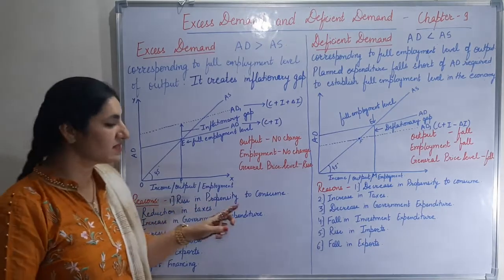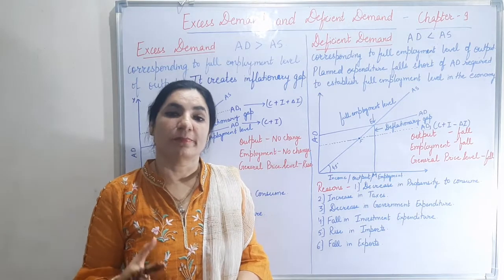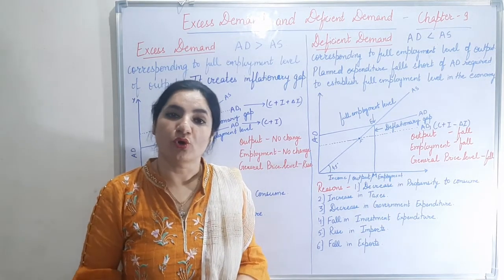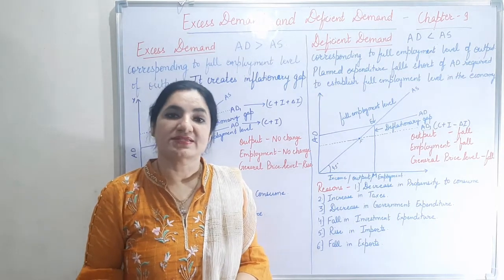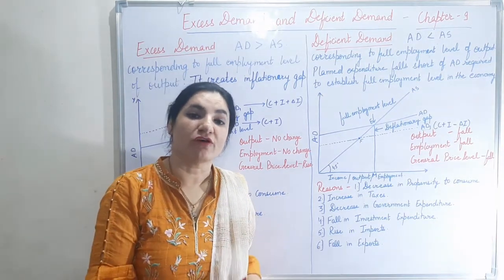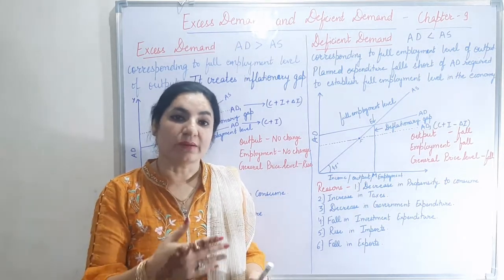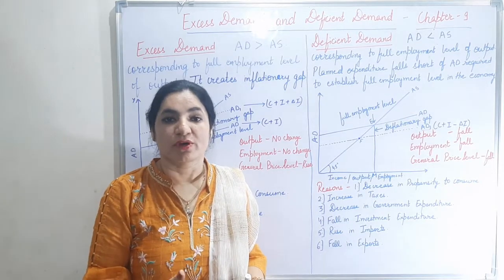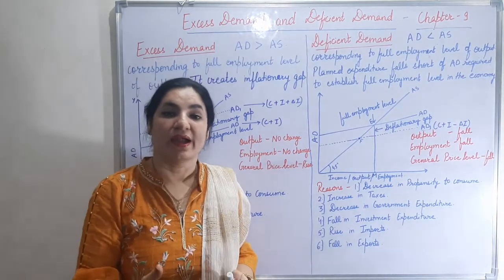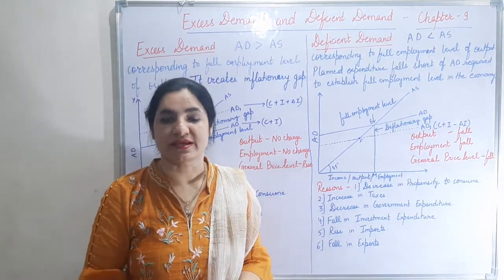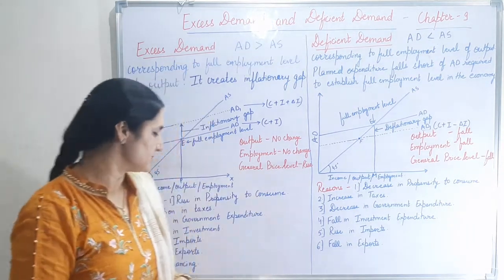Now, this may happen because of various reasons. First reason is rise in propensity to consume. Rise in propensity to consume means the people are consuming more of the additional income and they are saving less. When they are saving less, it means the consumption of one is becoming the income of other. So the income circulation in the economy because of rise in propensity to consume is getting high, and because of this the income level is increasing. When income level will increase, the demand in the economy will increase.